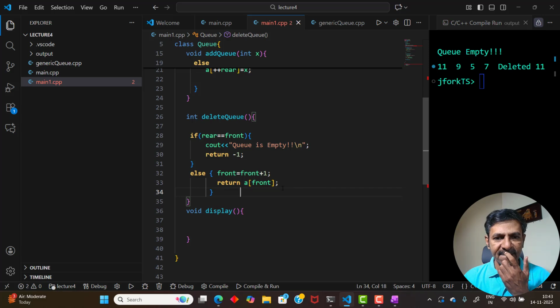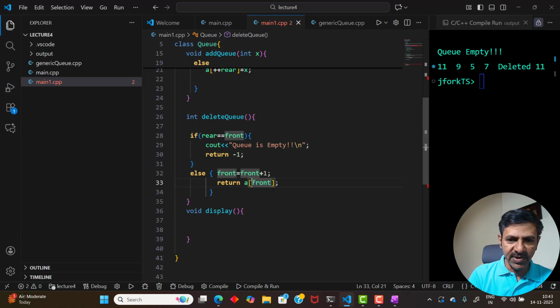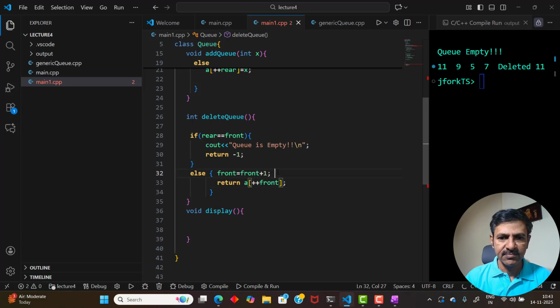Yeah. You have to delete from the front. Here I should increment front by 1 and then return that. All this can be done in one step again. Yes, you are right, we have to delete from the front. So front should be incremented and then return that value. Okay, so here for display I can take one local variable int i equal to front plus 1,